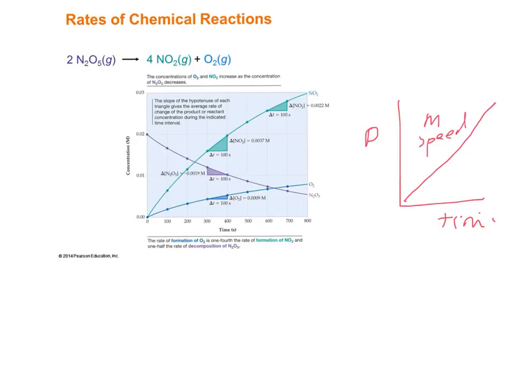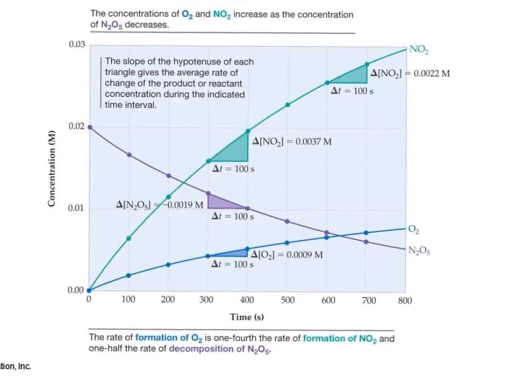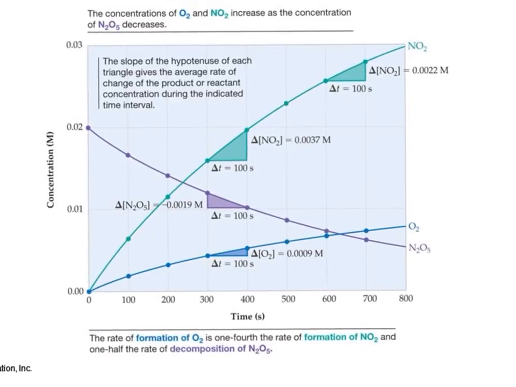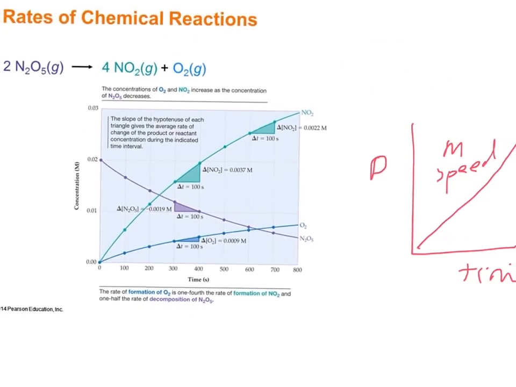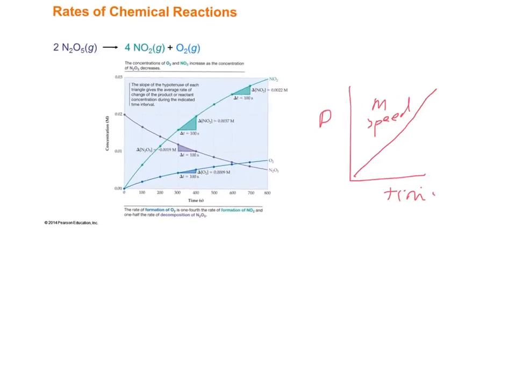When we look at this graph here, do we see any straight lines? Let me blow it up again. Do you see any straight lines here? Are any of these lines straight? No. None of these lines are straight. So is the rate of the reaction constant? No, it's not. One of the things that makes chemistry so much more interesting than cars is that for several reactions,